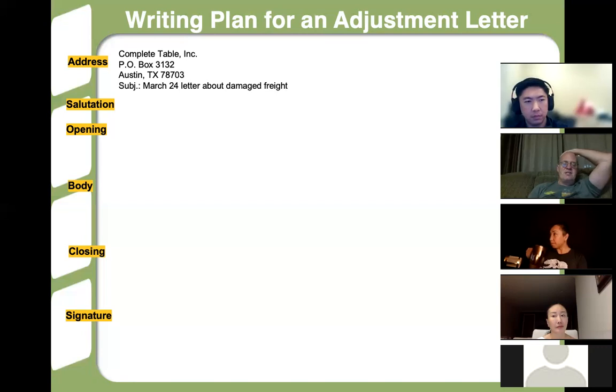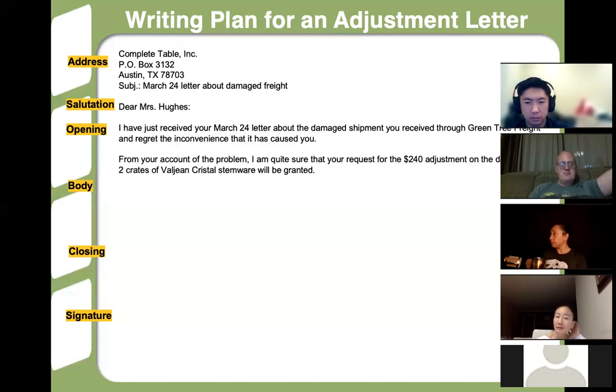The salutation, which is Dear Bob, Dear John, Dear Zoe, whatever, Dear Miss Hughes, and the opening. I've just received your March 24th letter about the damaged shipment that you received through Green Tree Freight and regret the inconvenience it's caused you.